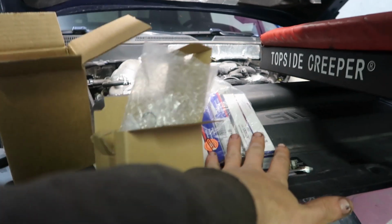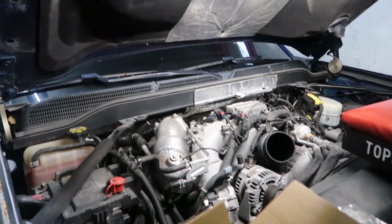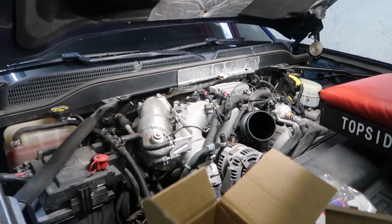Like I said, I'm not really going to show installing these glow plugs. I already made a video a couple of videos ago, but I thought this is pretty interesting that we're trying to diagnose it. Nothing's popping up as to why the check engine light's on. He read the code once, said it was this regulator, so we'll go ahead and give this regulator a shot